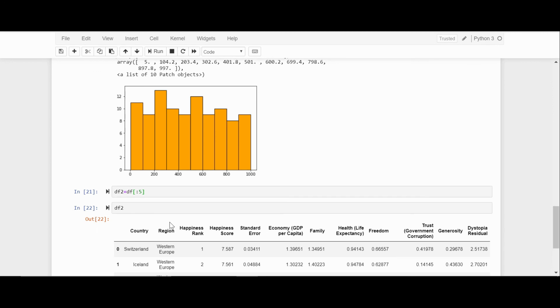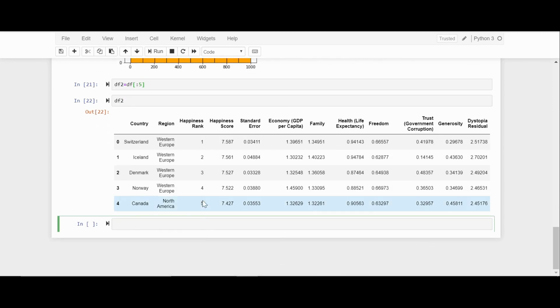Let's say I will plot a bar graph with countries on the x-axis and let's say the trust or government corruption on the y-axis. For that, all we have to do is